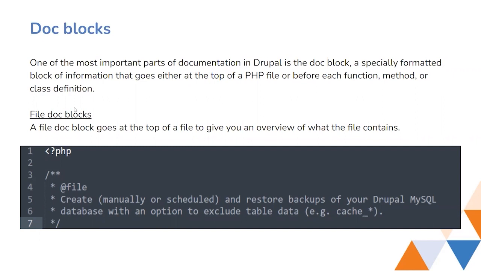One of the topics there is the file doc block. The file doc block goes on top of the file and tells us exactly what the file is doing. If the file is doing some GTM work, it will say it is building up the GTM forms in that file. In doc blocks, you can also put the author, the versions, the date, and so on, like when it was done.